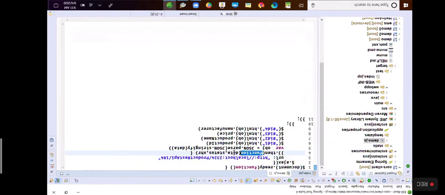The function parameters are the data from this URL, the HTTP status, and the XML HTTP request object. XML HTTP request means it's like an Ajax object.